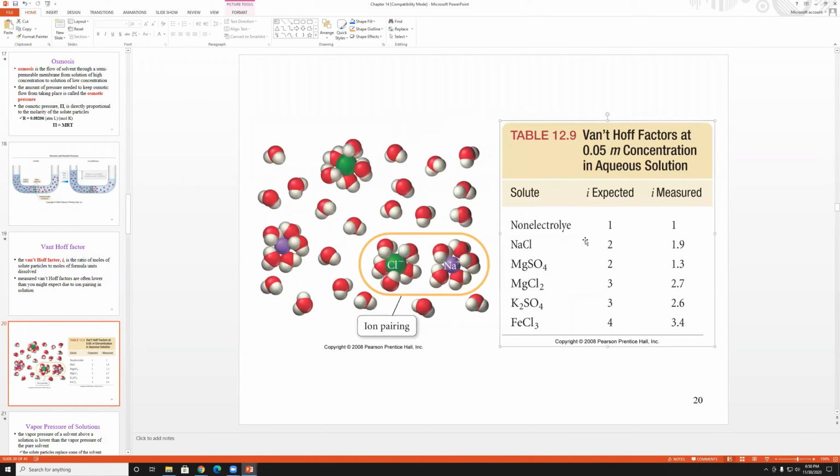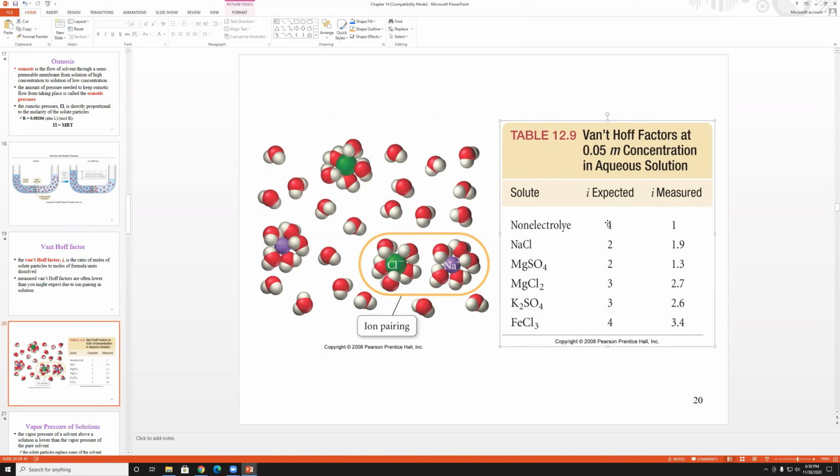I'll give you examples. You can know this Van't Hoff factor just from looking at a formula. Any non-electrolyte will have a Van't Hoff factor of 1, like a sugar. You can't ionize it and break it off into 2 parts. It'll just be 1 part, so you'll have an expected 1 per molecule. Then you have NaCl. NaCl has 2 ions, so when it breaks apart, you have a Van't Hoff factor of 2, meaning 1 mole of NaCl makes 2